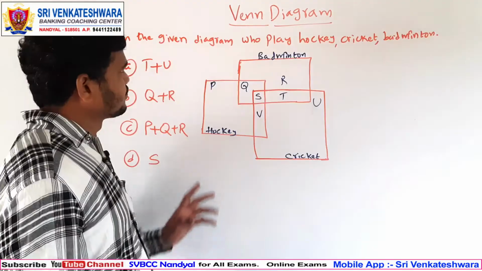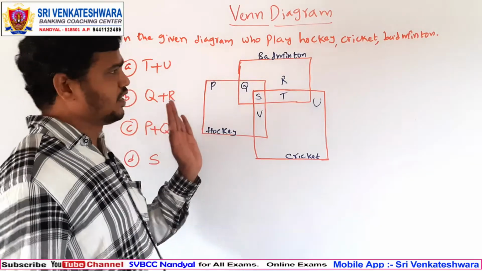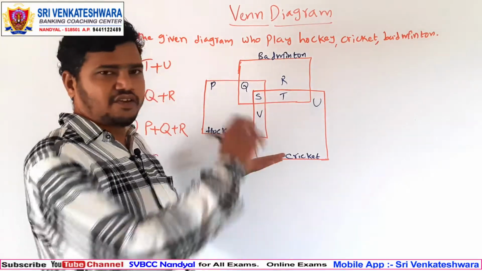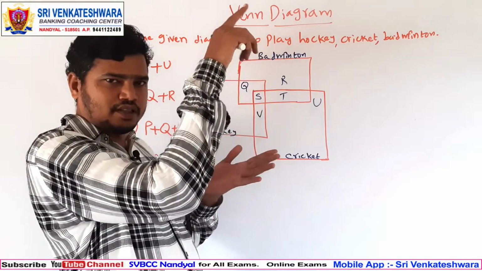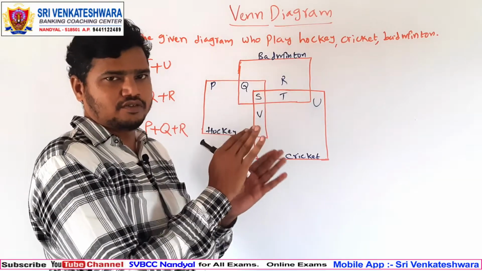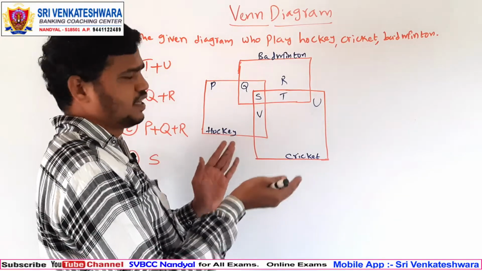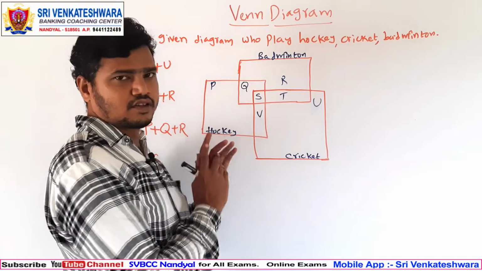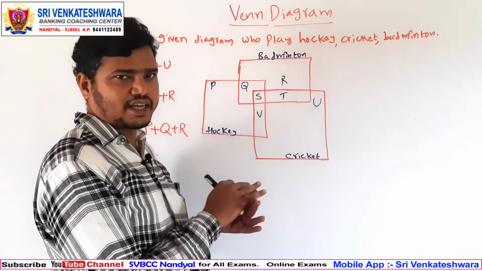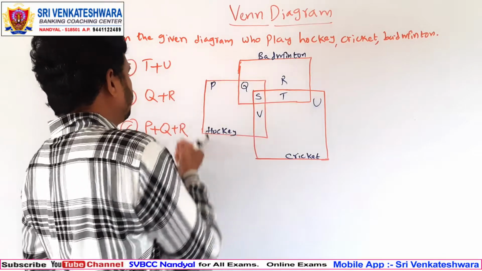See, this is another type of model. In the previous model they gave some statements, and based upon the statement you need to find out which figure should be common or which figure is exact for that. But in this one, they give the figure, which has different categories. Based upon the question, we need to find out which one is correct for this one.